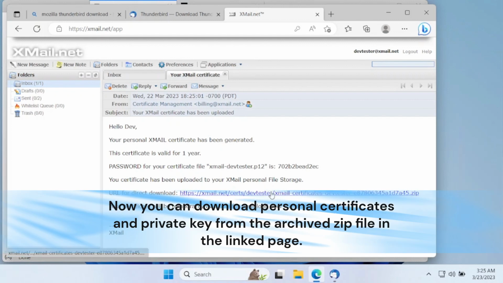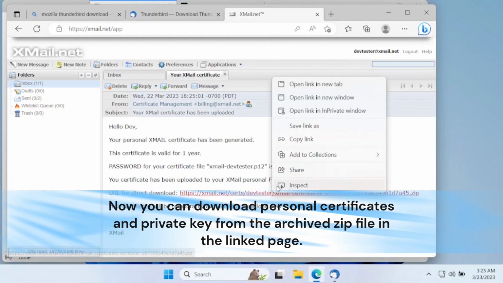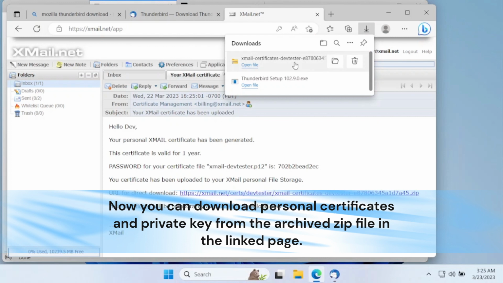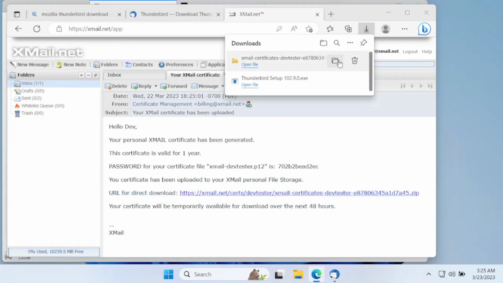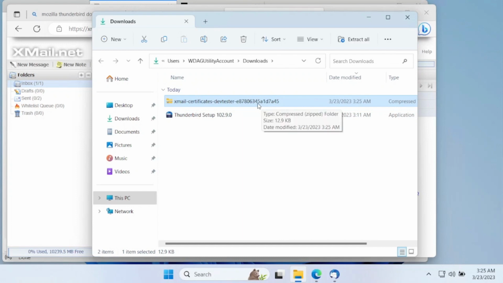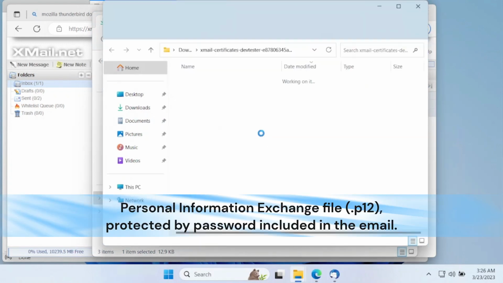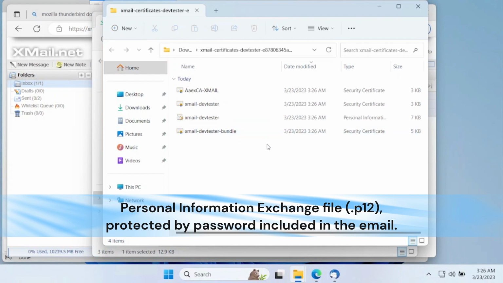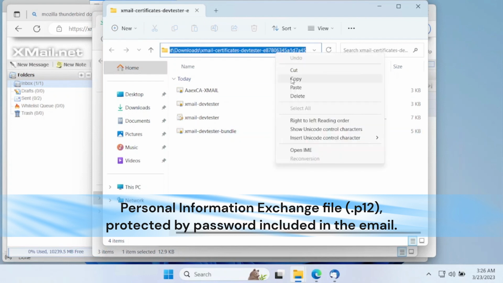Now you can download personal certificates and the private key from the archived zip file on the linked page. Personal Information Exchange file, protected by the password included in the email.